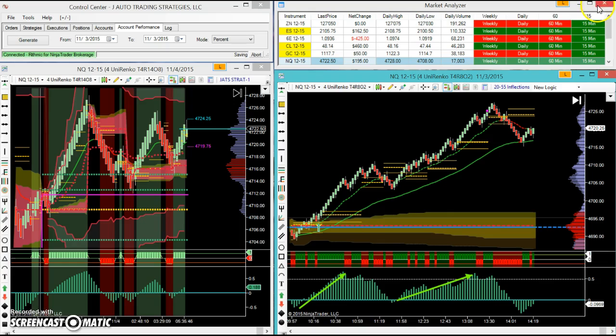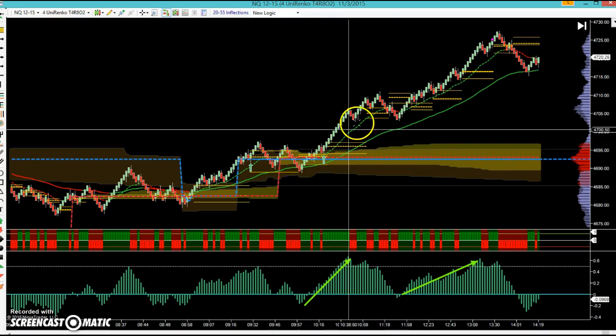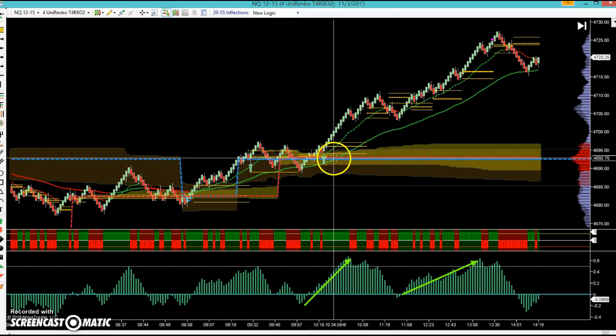And those repeatable patterns are if weekly, daily, 60, 15 are in the same direction, if price is this, and if momentum is this, then execute. That's what you need for Bloodhound. You just run your if-then scenarios, stack them up, and then